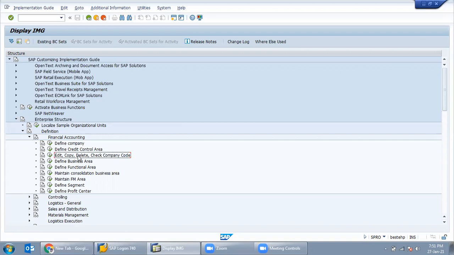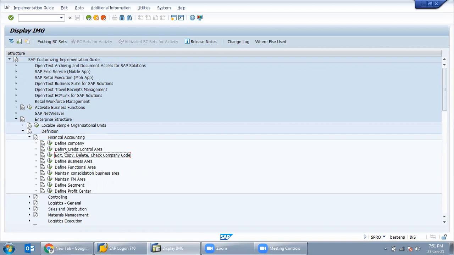So each and every industry is separated with a company code so that we can get the report accordingly, and we can control the whole business separately. So that is why we have created the company code.